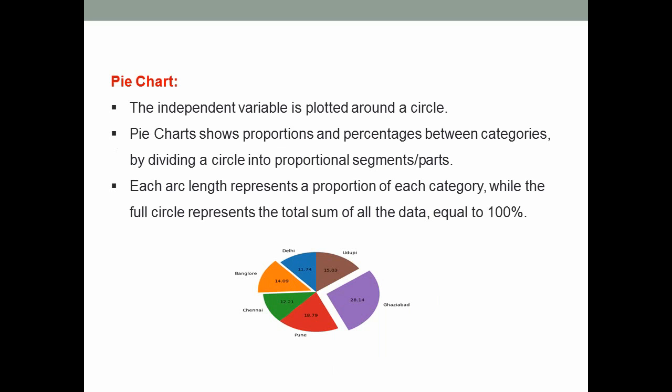And the next one is the pie chart. Here data is represented in circular format, and the data is shown in different proportions, in terms of percentages for each category. Now let us see how to write Python programs for creating these types of charts.